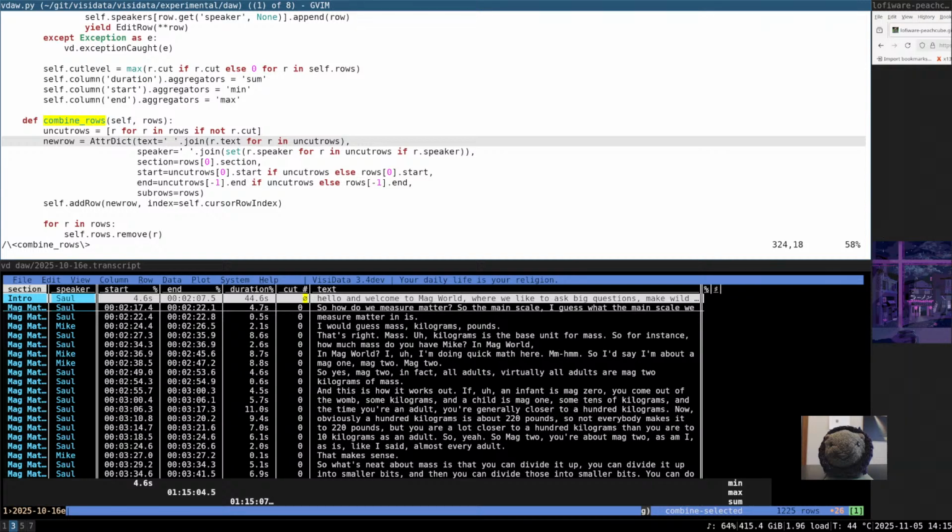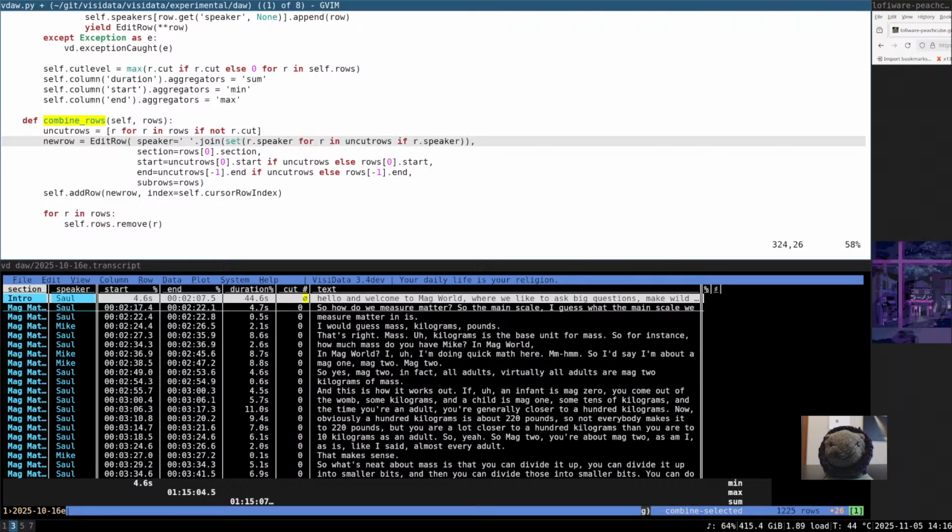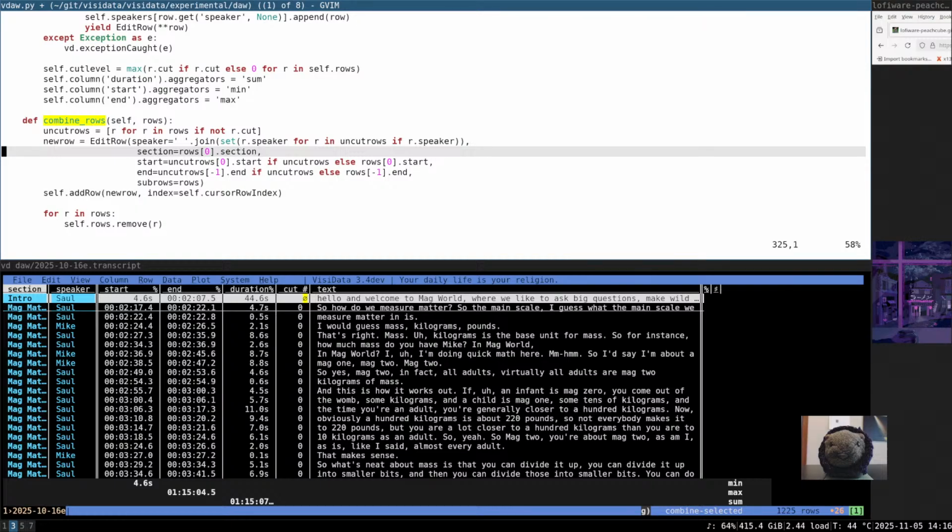And I think I just want to make this an edit row. I don't want to set the text because you're already computing that. That's the join in there. The speaker, now I do actually want to set the speaker to the join of the speakers in the uncut rows. I think that's still legit. The section,